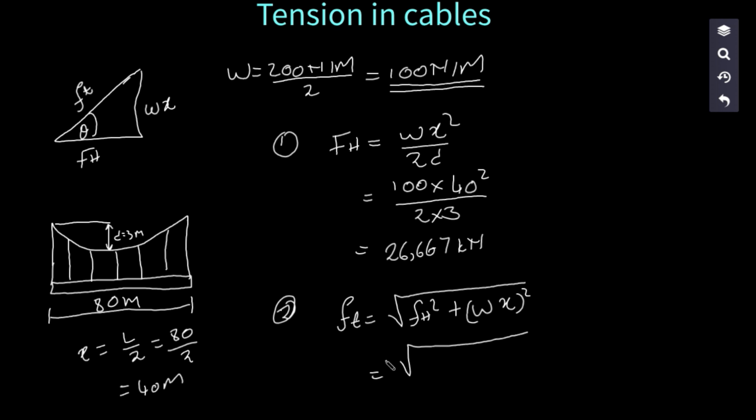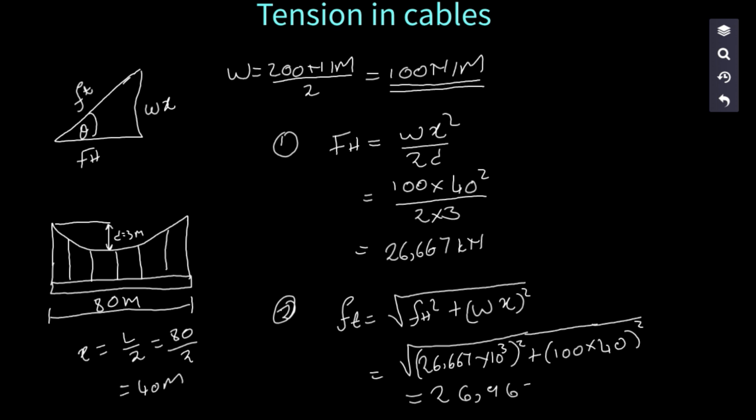Our Fh, we already calculated, 26.667 times 10 to the power 3, squared, plus our W is 100 times X, which is 40, squared, and this is going to give us a value of 26.965